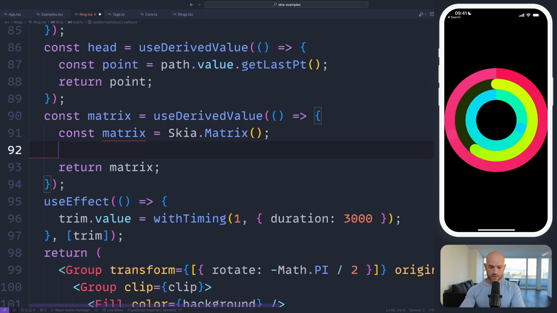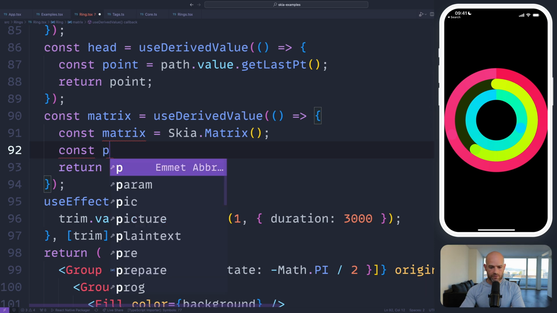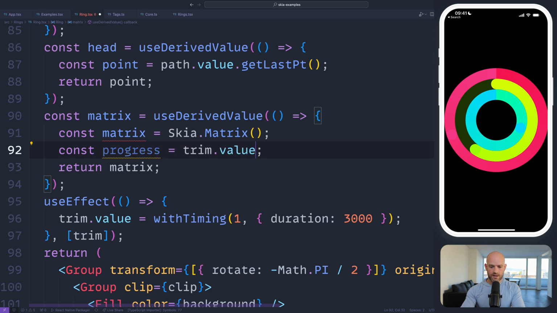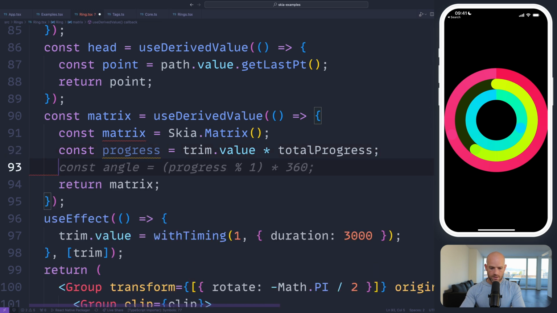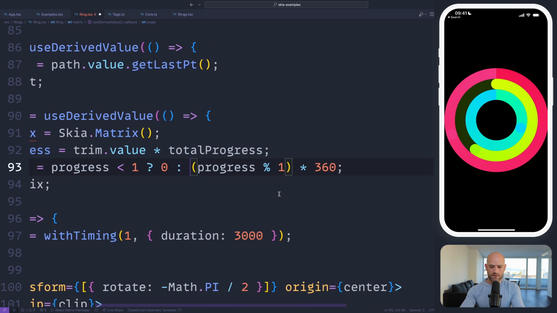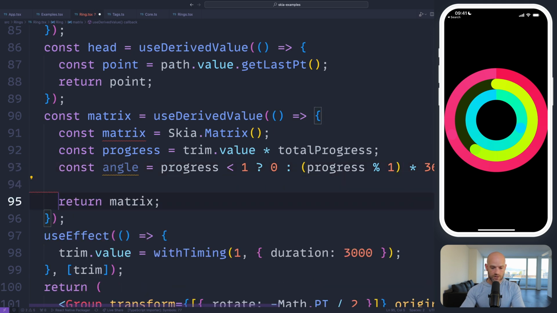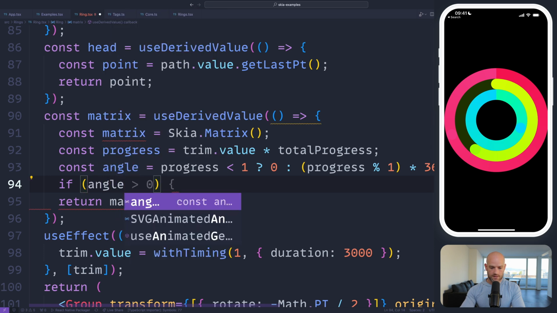And we need to rotate it if we have more than one revolution. So we have the progress. The progress is trim.value times total progress. So yeah, we have a rotation angle. So this is correct. But if progress is less than 1, we return 0. On the first revolution, we don't rotate anything. And so I guess here we can do the rotation. So if angle is greater than 0,